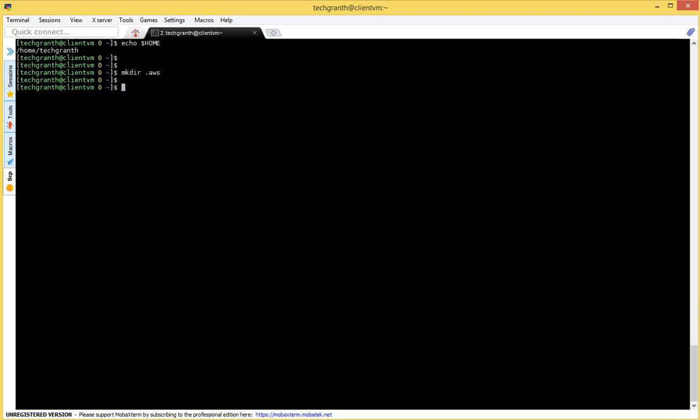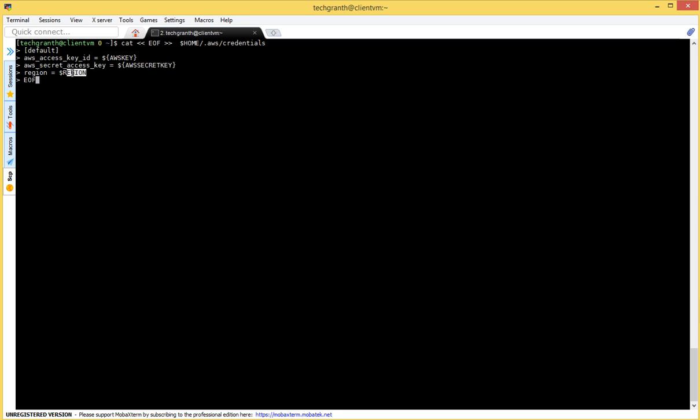So let's paste this one, right? So we are using here variables like AWS access key ID, which I have already created a variable for, and AWS secret access key and region, right?